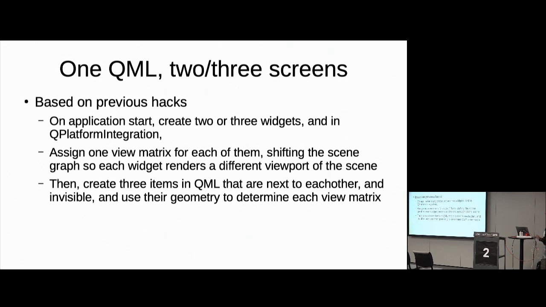So what we did then is that on application start, this time using a much more vanilla setup, we create 2 or 3 regular vanilla widgets on startup. And then for each of those 3, we get the display subsystem to create contexts for us. So we're building on features that are in Qt from before, because Qt fundamentally supports rendering to any amount of screens. All we did is use the fact that we can create 2, 3 widgets in order to build upon what Qt has before.